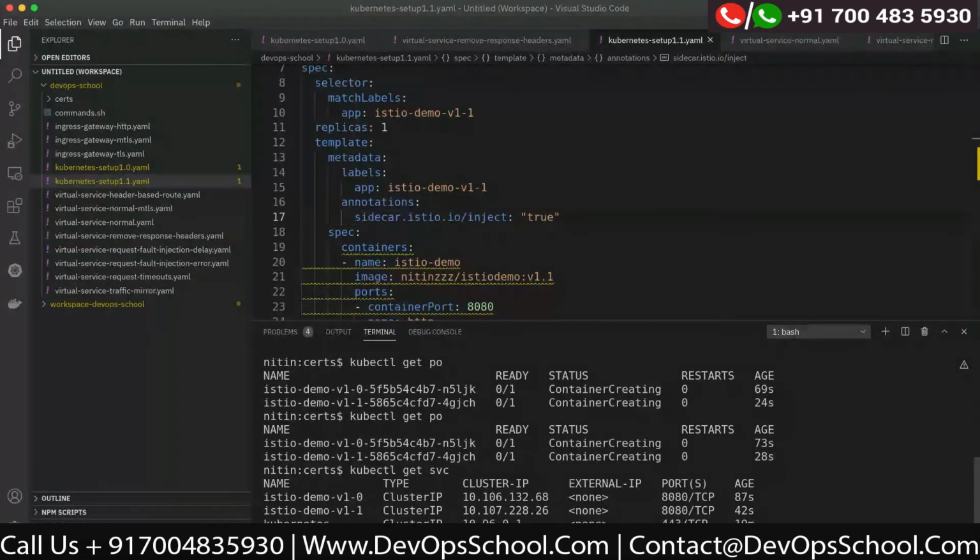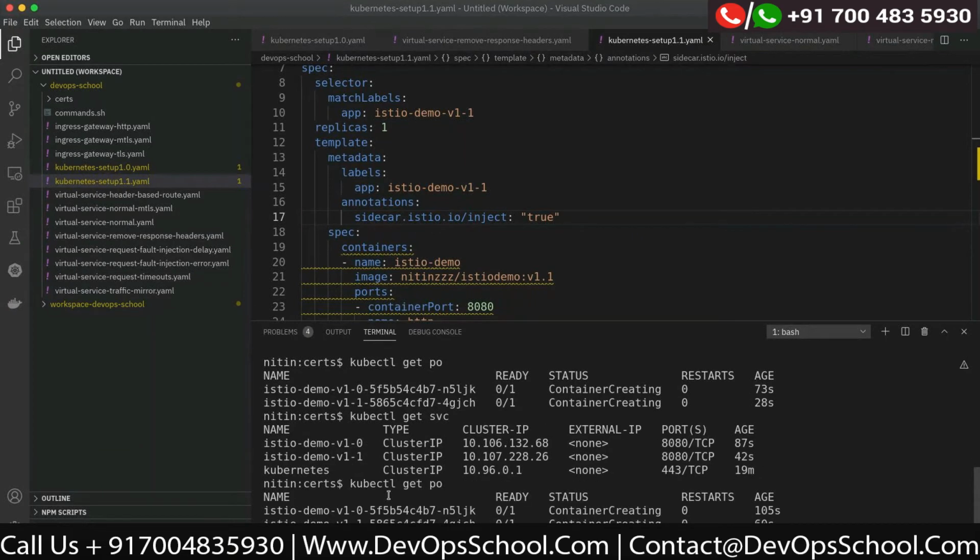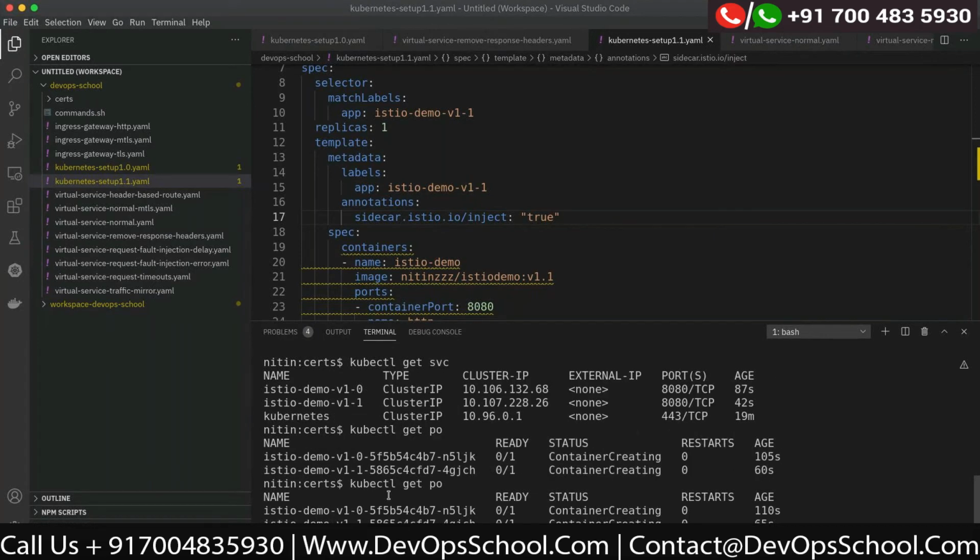These are the Kubernetes services. The name of the first one has 1.0 in the end, and the second one has 1.1. And now I'm just waiting for my pods to come up. Okay, some memory issue is happening.